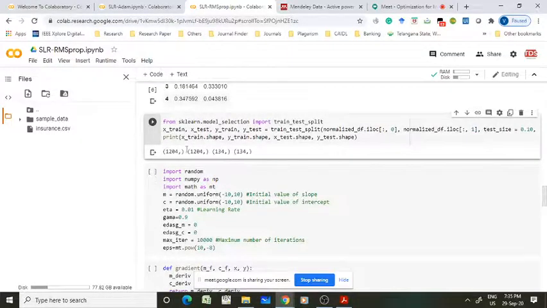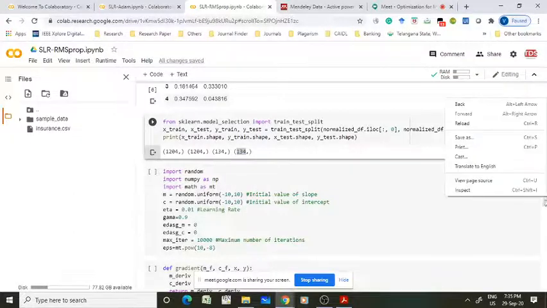So what these values represent is: 1204 samples I have used for the training, 134 samples I have used for the testing. Then y 1204, this is corresponding to the input and this is corresponding to the output for the training. This is corresponding to the input and this is corresponding to the output for the testing data set.